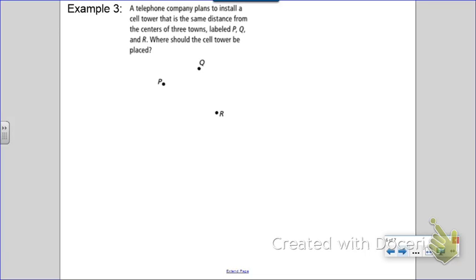Our next example: a telephone company plans to install a cell tower the same distance from the centers of three towns labeled P, Q, and R. Where should the cell tower be placed? So we're looking for the same distance from the centers of the circles. So if we draw some circles from each of these,